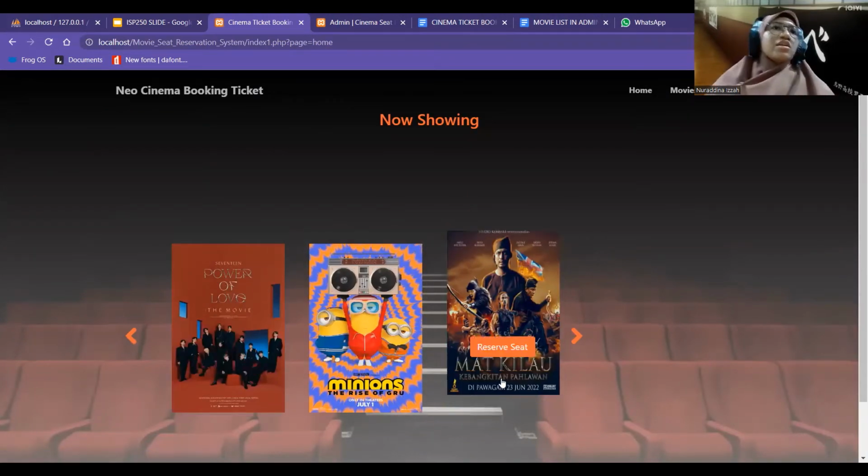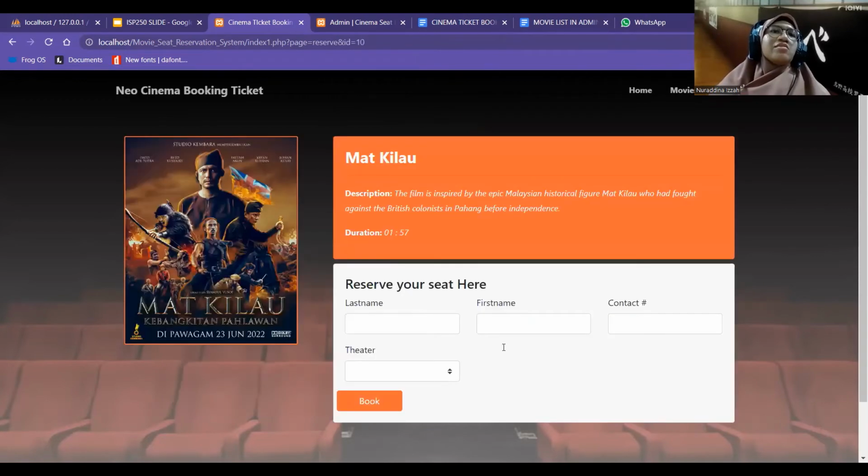If customers want to reserve their seat, they will simply click the reserve button. In the reserve section, it has the movie title, the movie's description, and the movie's duration.